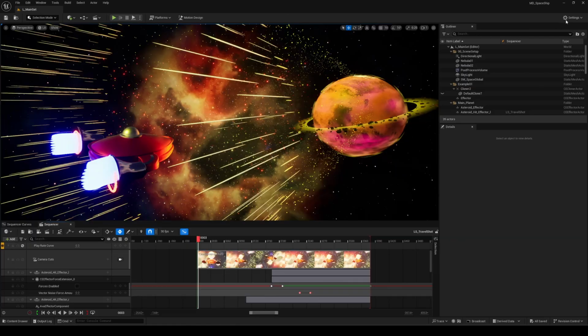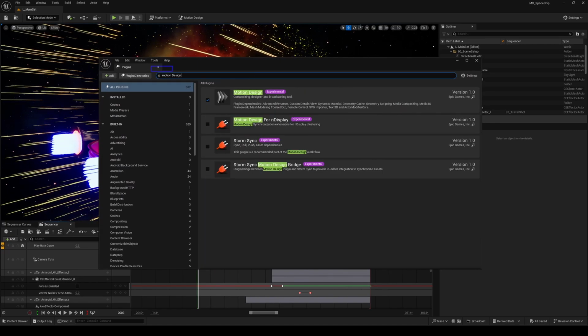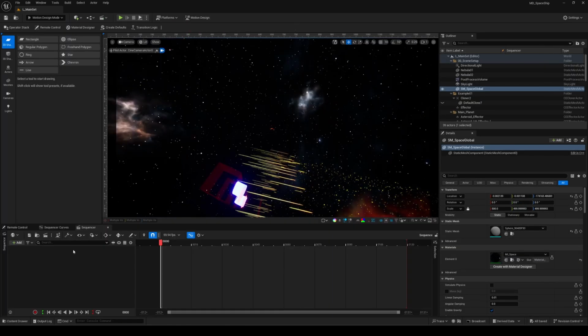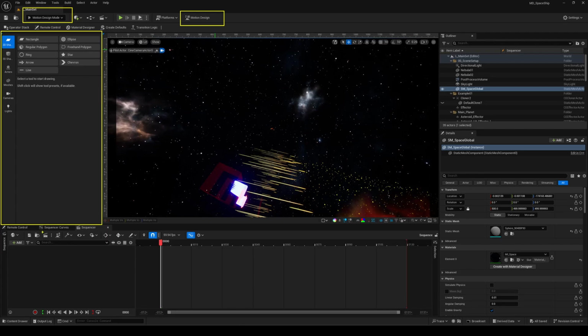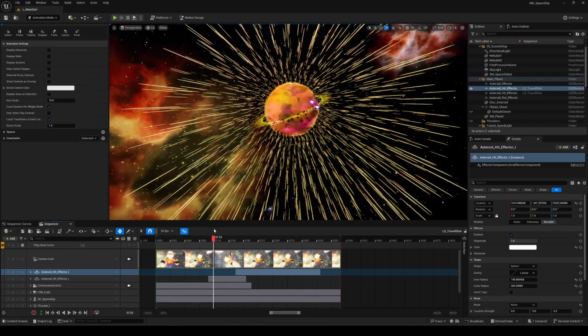First things first, motion design in Unreal is a plugin. That's always how it works. So you want to make sure the plugin is activated and then give the engine a quick restart. Once that's done, you'll see a new mode available in the top UI along with a button that opens the motion design interface. And I didn't rely much on the motion design interface except for one specific window that I will show you shortly. So no animated letters, logos, or the kind of classic motion design elements you might have already seen online.